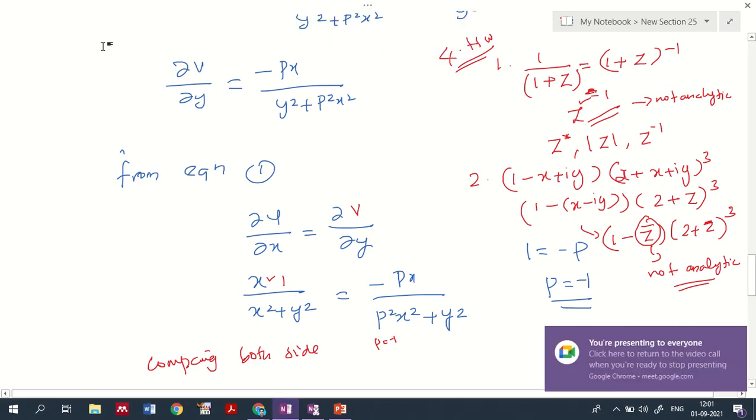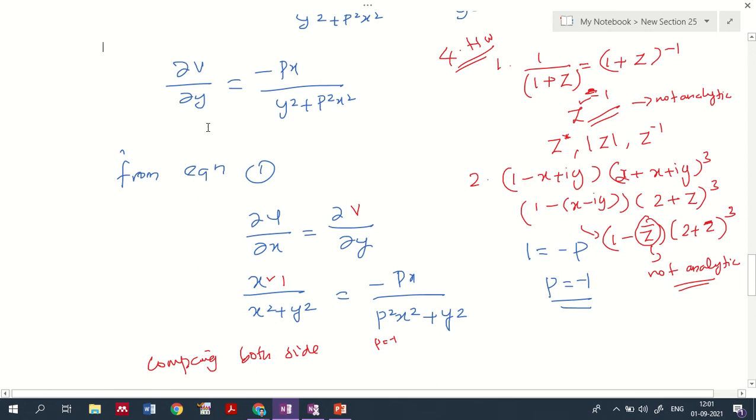Okay, so that was the fourth problem of the homework that is given as the first set of the homework. And is that clear? How do we identify whether it is analytic or not analytic? It is very easy, because this part of the discussion you can utilize if you are attending CSIR or NET and all. Only thing is that you check whether there is a representation of z star or mod z or z raised to minus 1, then you can directly say that this is analytic or not, because if these are coming, this will be not analytic cases. Okay, that was our homework 3 case.